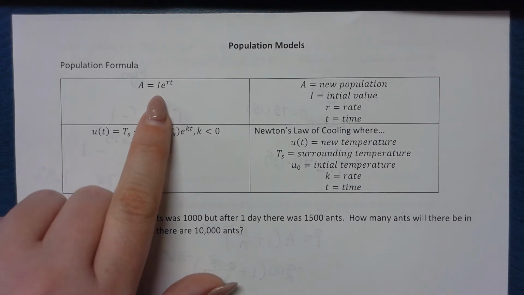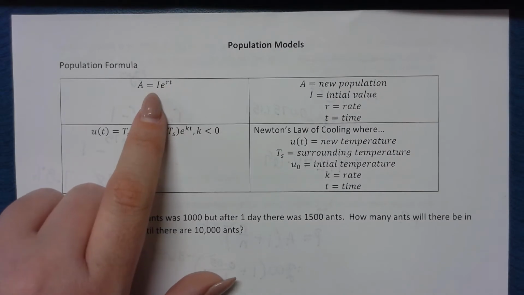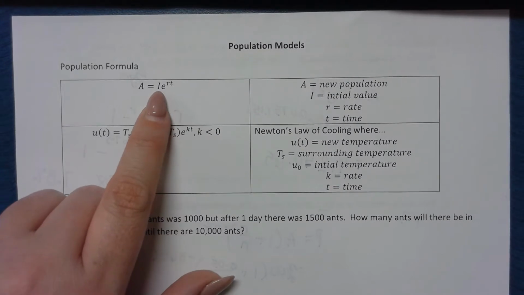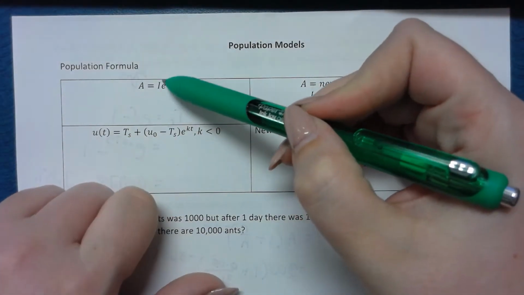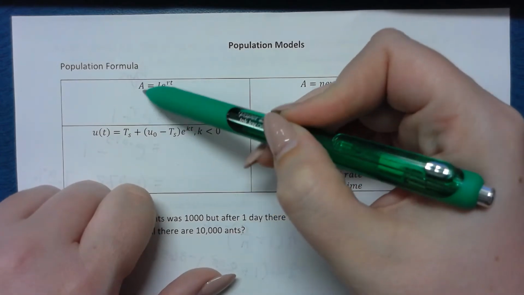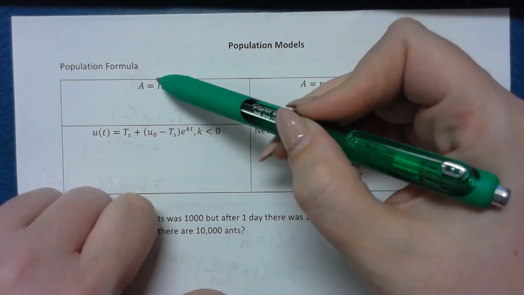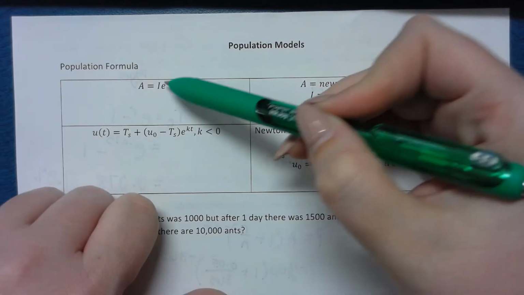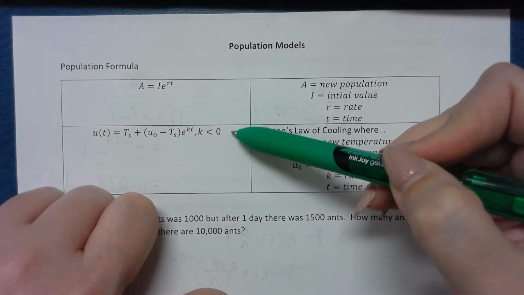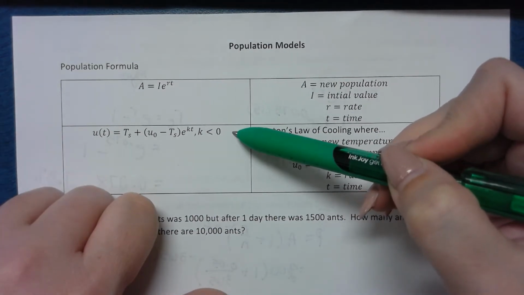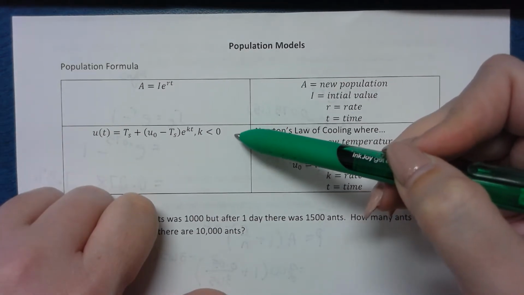Remember when we did PERT, P-E to the R-T? It's just that the P changed to an I. It's the same thing. P in the last formula meant what did I start with? A was what did I end with? Same thing, it's just population. So what did we start with, the population? What did we end with, the population? R is rate, T is time. This formula I'm going to talk about when we get to that problem, but for now I'm not going to